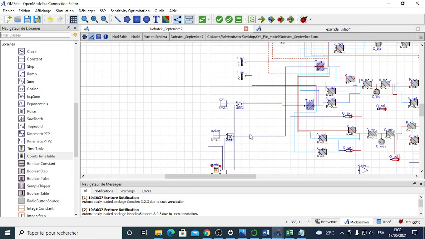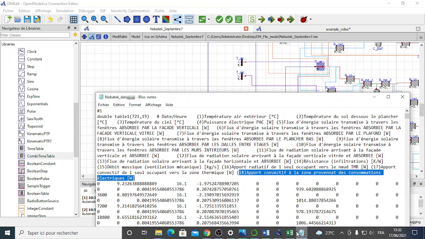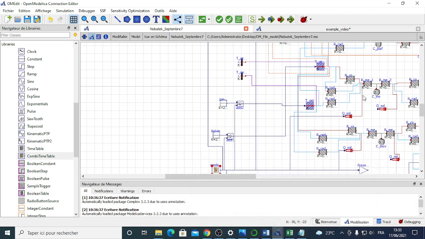And so, for example, the second column in this file is external temperature, right? Which it's going to be if we come here, yes. So it comes here, and this is